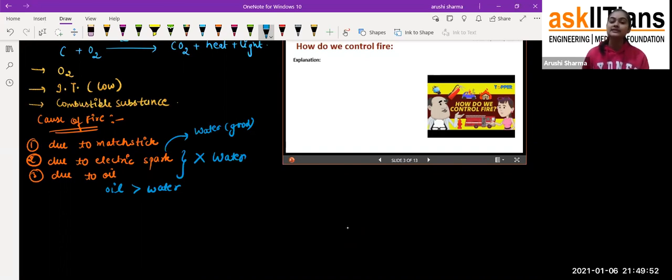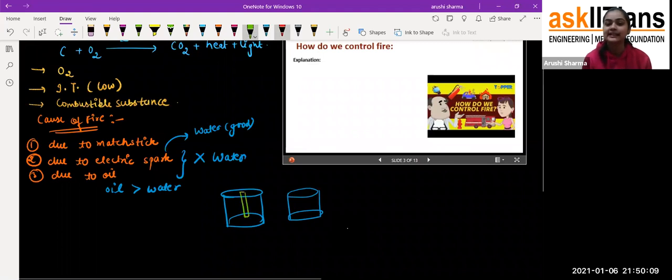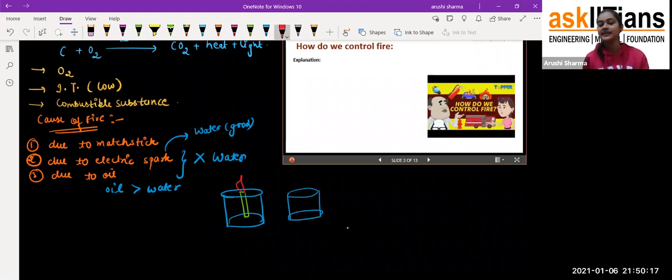Like in our last class, we observed that if in one beaker, I'll draw, and again, please don't mind my drawing, I put one candle in it. This is the candle and its flame. That's a good drawing, students. This is the open beaker, which means there is a supply of oxygen, so the flame is coming out. That means it is catching fire easily.